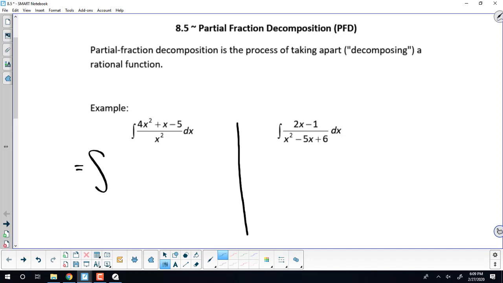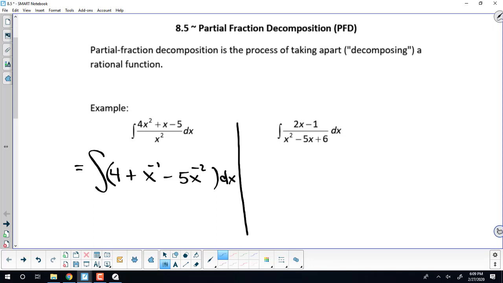And really no other tactics are necessary. So it's 4 plus x to the negative 1 minus 5x to the negative 2. So once we simplify, that's a very straightforward integral. But something like (2x minus 1) over (x squared minus 5x plus 6) is not as easy to integrate. You can't simplify